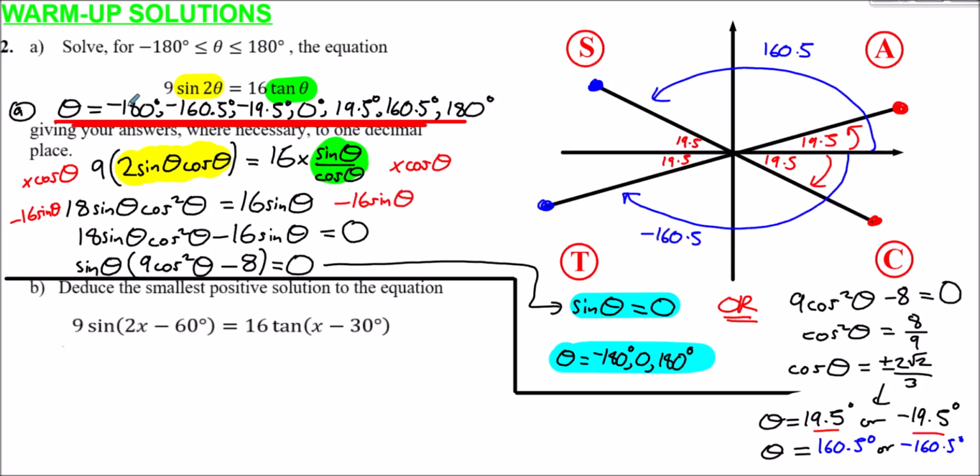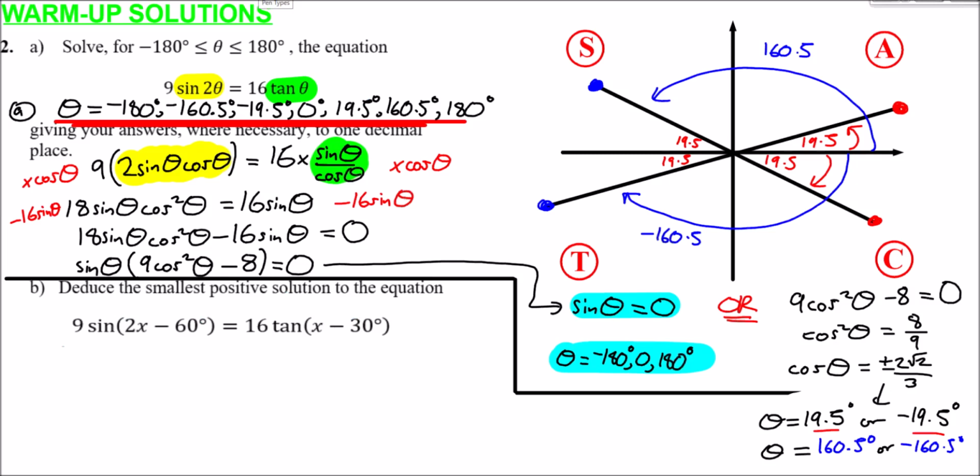So that's a full range of what theta could be. That's a full solution set. Part B, it says to deduce the smallest positive solution to the equation 9 sine 2x minus 60 equals 16 tan x minus 30. So the best way of considering this, I think, is to consider it as a graphical